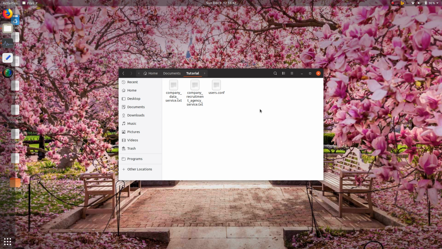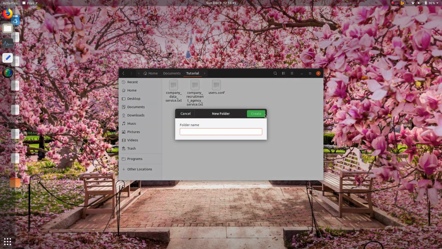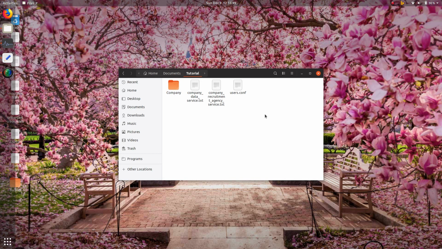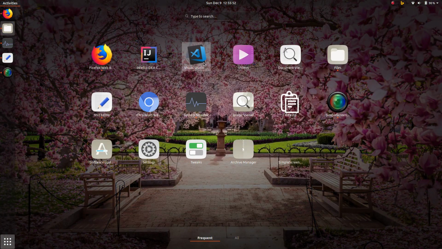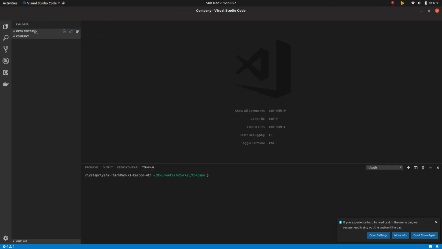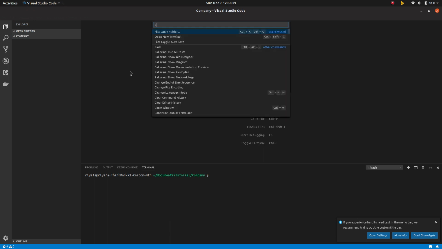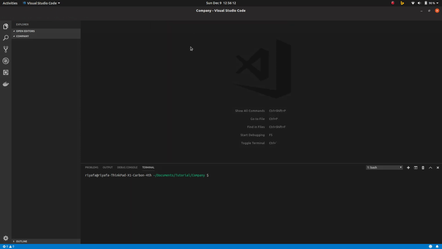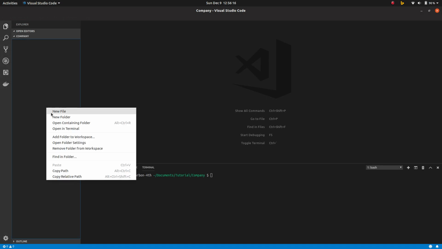For this, let me create a new folder and this will be the project folder, and then give this folder a name, and then I'll use VS Code and I will open this folder here in VS Code. I have already opened it. I can go to control open folder and simply open this folder, and then I will go to the terminal